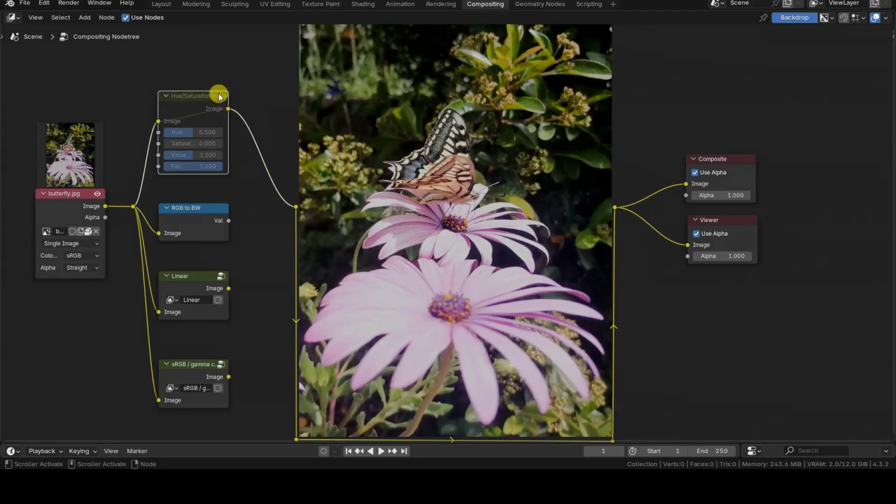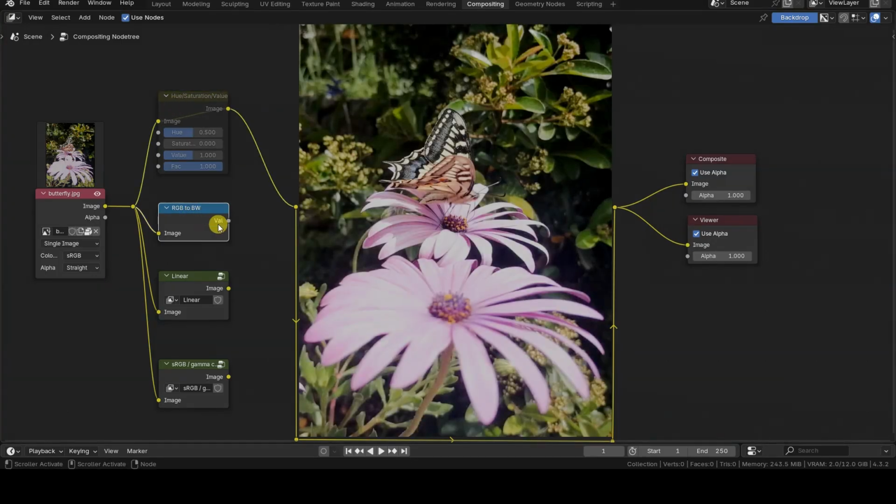The first method is actually the one you shouldn't use, because it doesn't take into account how real light energy is perceived by our eyes depending on the different wavelengths of light. I'm talking about using the hue saturation value node, specifically by setting the saturation value to 0. This has the effect of uniformly removing color components across the three RGB channels, resulting in a high-contrast black and white image where some detail might be lost.